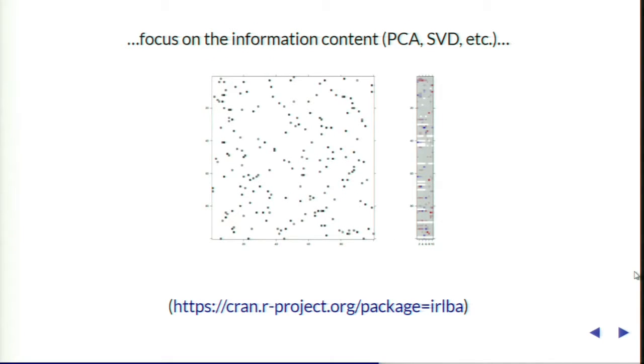These aren't all my applications. They're just a mixture of things that over the years I've encountered. I was happy to hear Dave Demer's talk earlier today mentioning absorption ratio methods, which are a principal component-like projection of financial data into a lower dimensional space. And I've worked for many years on a state-of-the-art algorithm for doing that on CRAN called IRLBA, and it's very efficient for solving problems like that at extremely large scales.